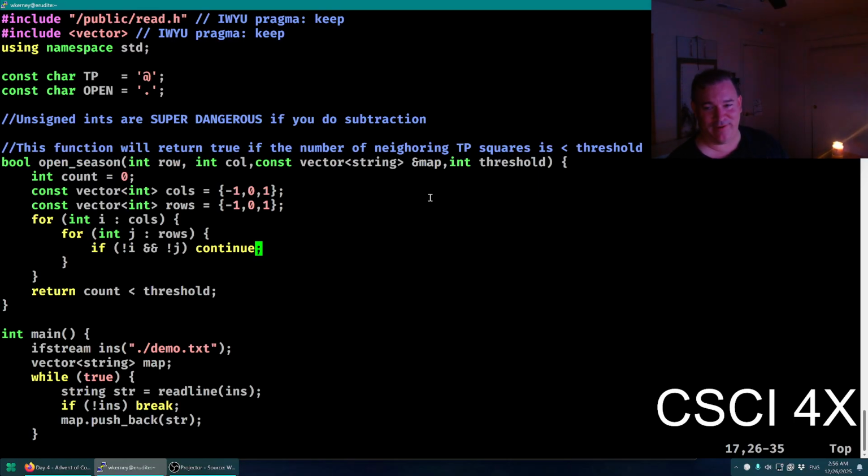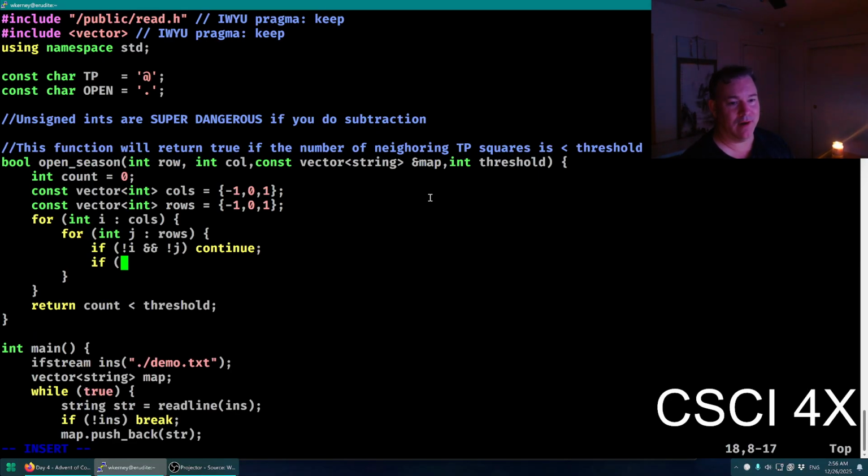Should we do it properly, or should we do it the funny way? What do you think, Roses? All right, proper way it is. Okay, so if our column plus columns is less than 0, or column plus columns is greater than,